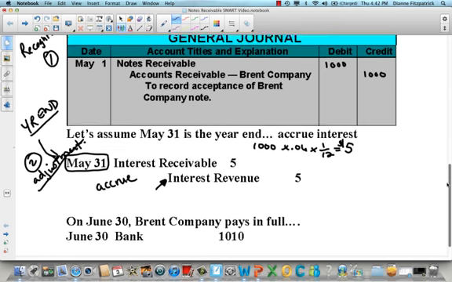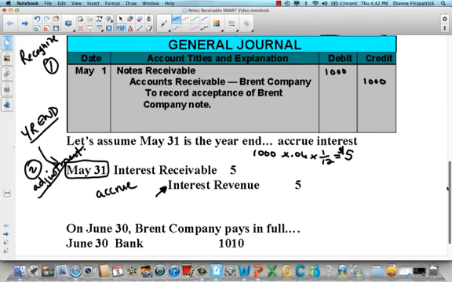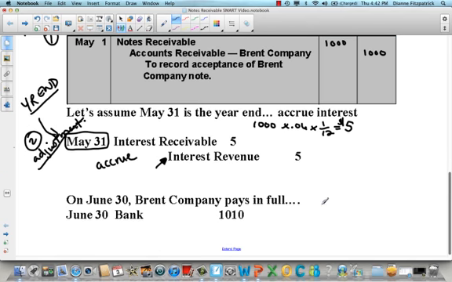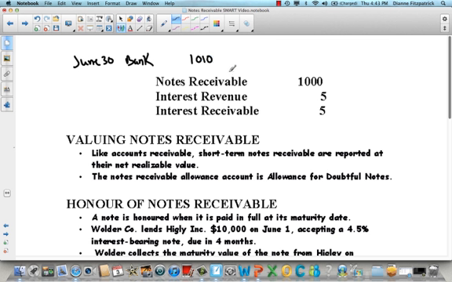And now on June 30th, when the note is due, we're going to collect it. So it didn't fall all on one page, so I'm going to move it all onto this page. So this is the third journal entry where you're going to receive payment. So the note receivable, as you recall, was for $1,000, and we've already accrued 1 month of interest revenue. So we only have 1 more month to do. So this interest revenue for $5 is the last month,